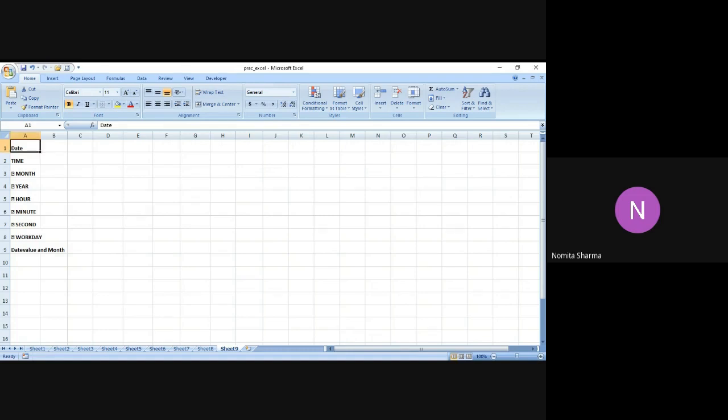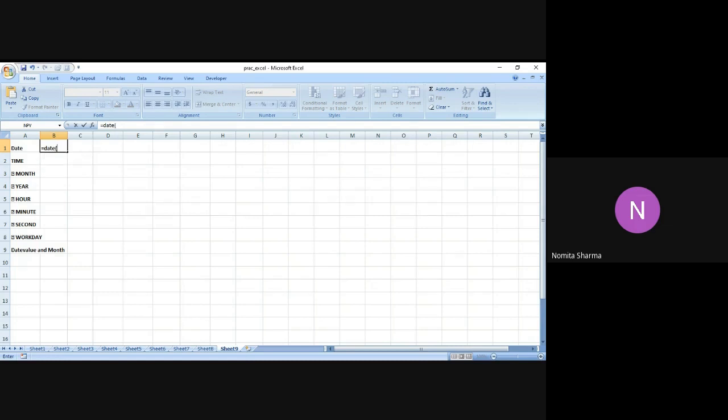So let's get going with the Excel sheet, and you will see that even if you do not know the meaning of these functions, the moment I write date function over here, you will see that date function meaning will be appearing over here on the sheet. It says it returns the number that represents the date in Microsoft Office Excel date time code. So let me write the date and let's see the syntax.